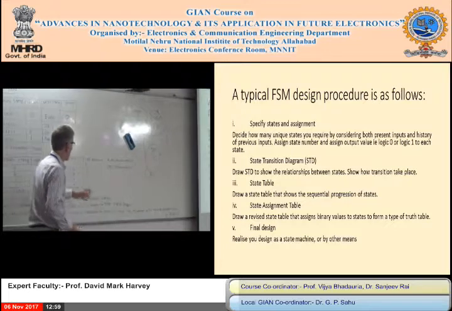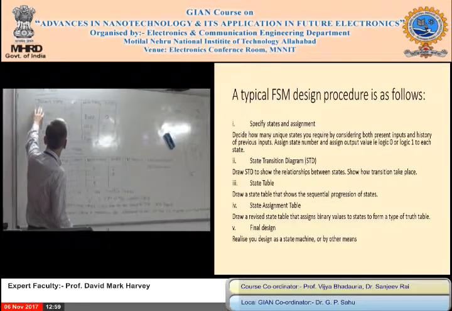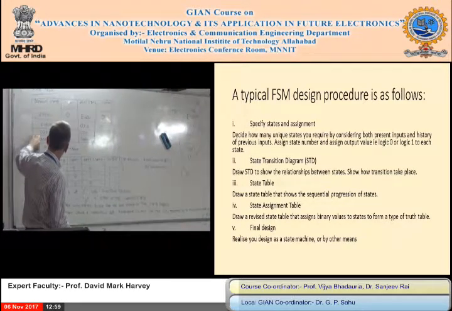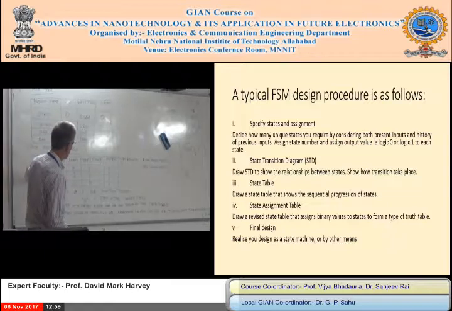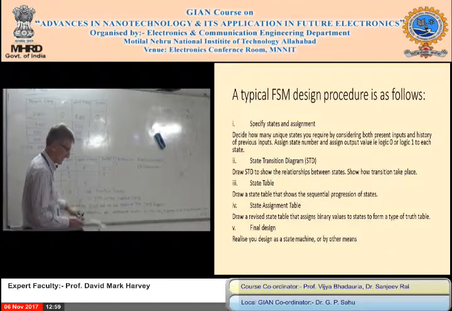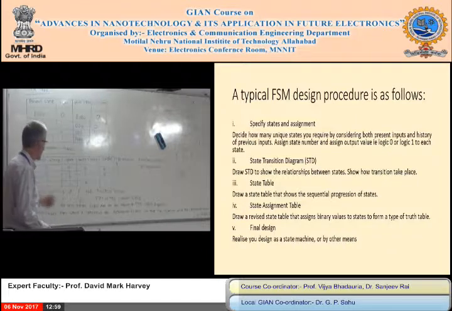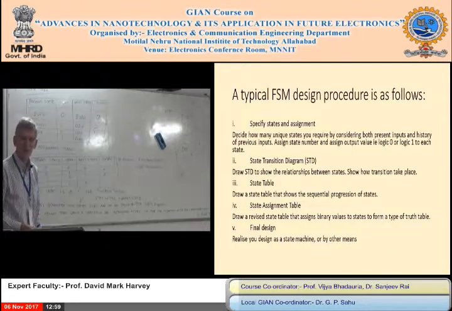Just so you know where that comes from, we've assigned even on the present state to a naught and odd in the present state to a 1. So now we've got the table, so we can now do the design. So can you see the gating? The experts on logic?